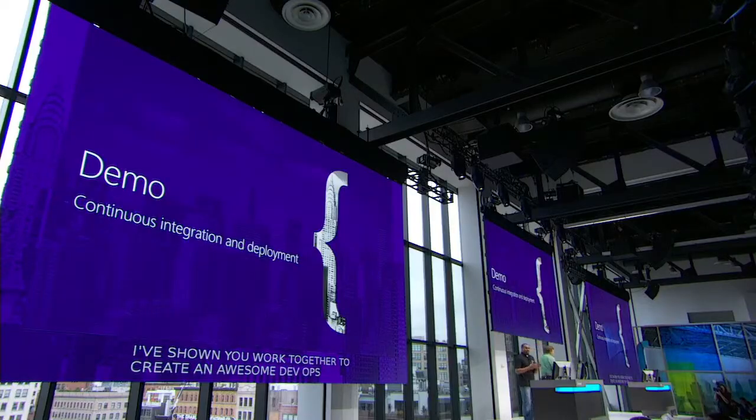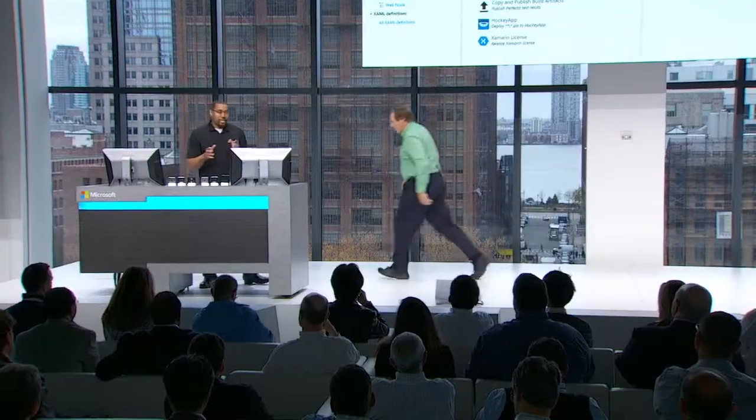All right, so I've showed you a bunch of extensions. Now what I'd like to do is invite Donovan Brown to come up, and he is going to show us how Visual Studio Team Services plus a bunch of the extensions that I've shown you work together to create an awesome DevOps experience, both for devices and services. Thanks, Brian. With the power of the extensions that Brian just announced, we can not only build your